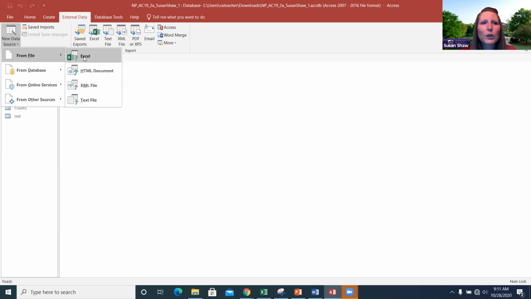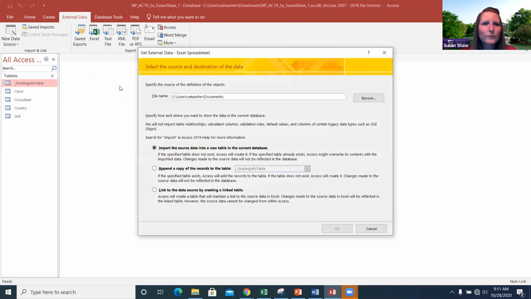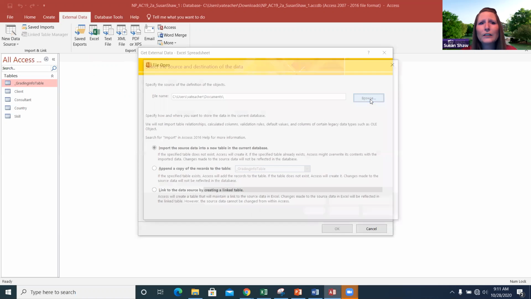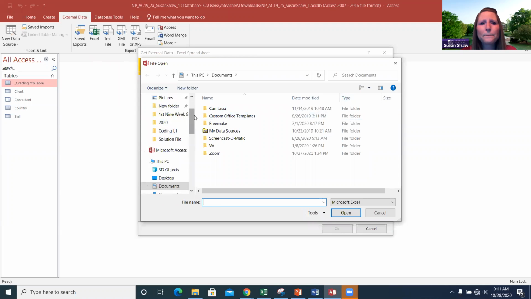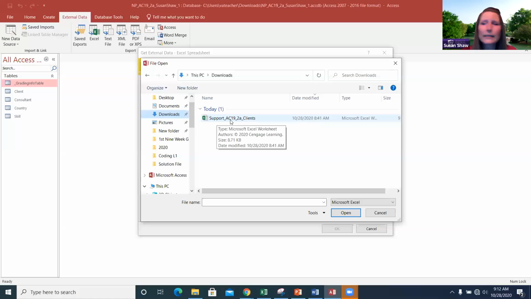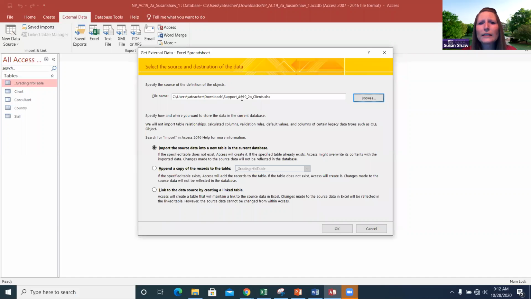The first one we're going to do is an Excel file, and just follow along with the directions that are in your project file. We're going to browse here to go and find our file name, and let's go over to our downloaded folder. We are looking for our support AC19 2A clients, and that's our Excel file that we're wanting to pull into